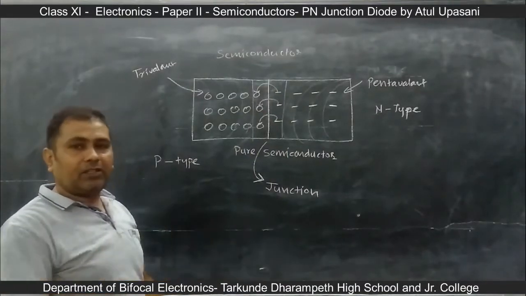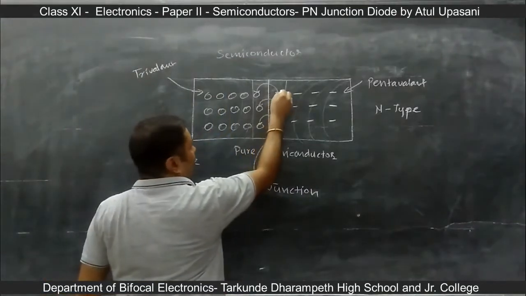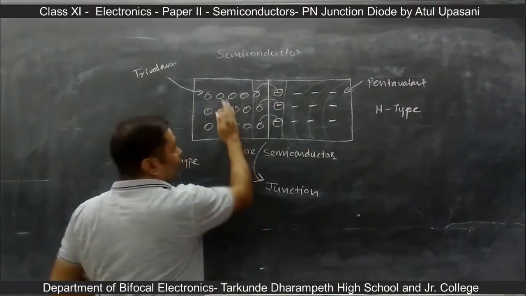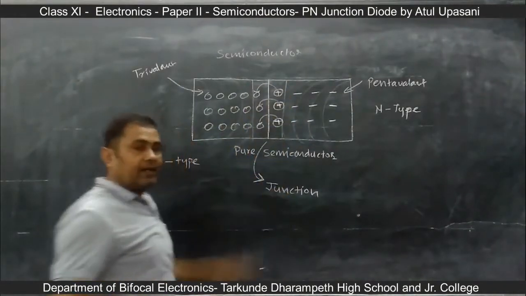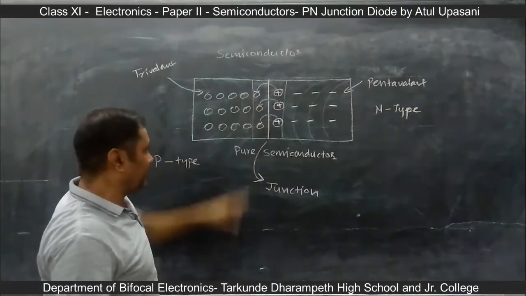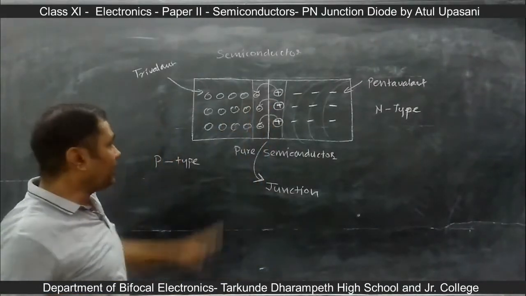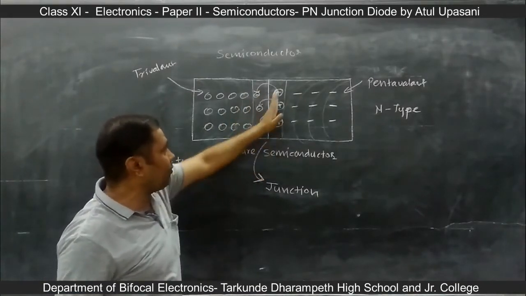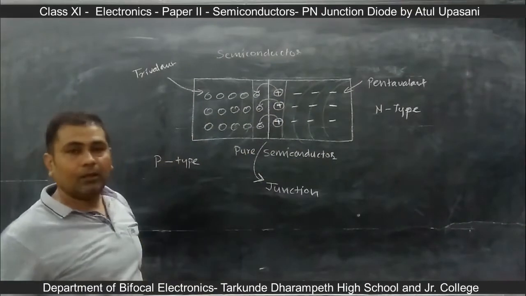So that recombination is done, and with that recombination there will be formation of opposite types of ions. In the n-type material, if holes are recombining with the electrons, they form positive ions. At the same time, if electrons are falling on the holes and recombining, their recombination forms negative ions. So just beside the junction there is a formation of opposite ions: positive ions towards the n-type and negative ions towards the p-type.